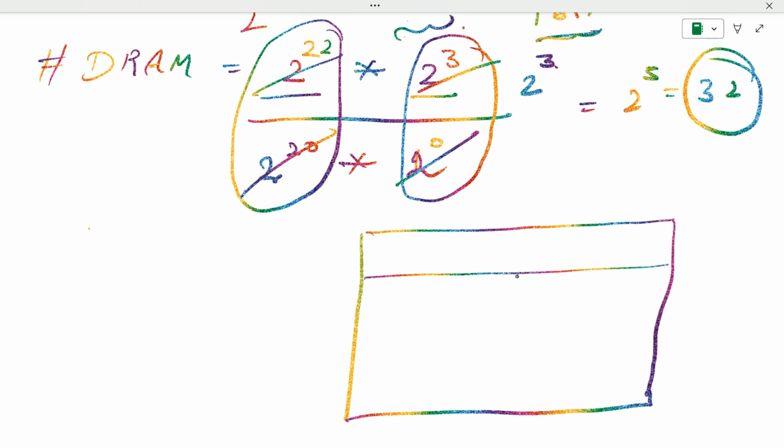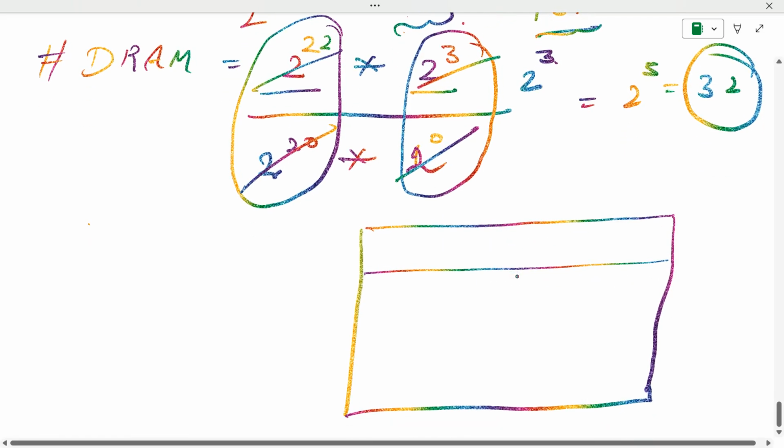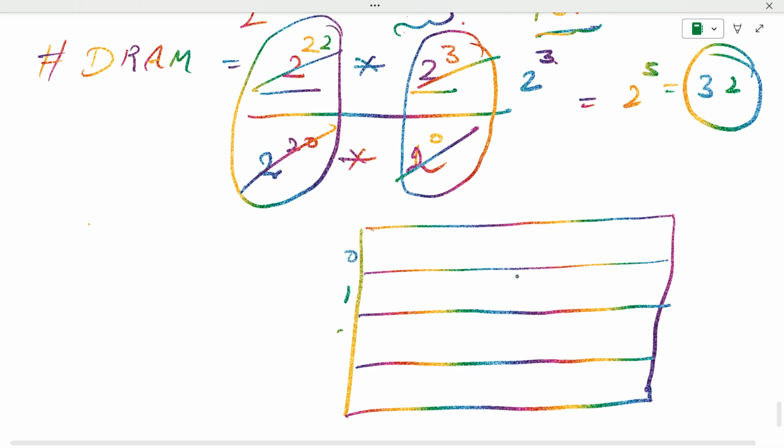So altogether how many rows? 2 raised to the power 2, that is 4 rows. So it will be 0, 1, 2, 3, and in each row we are holding 8 bit data. So it is something up to 7,